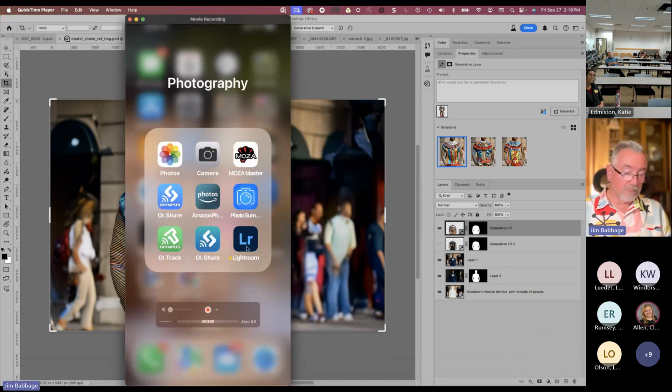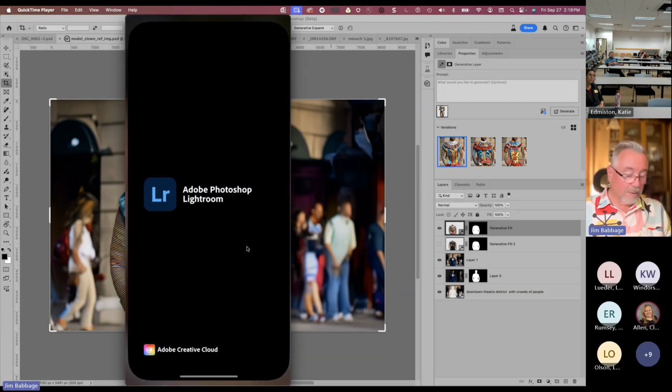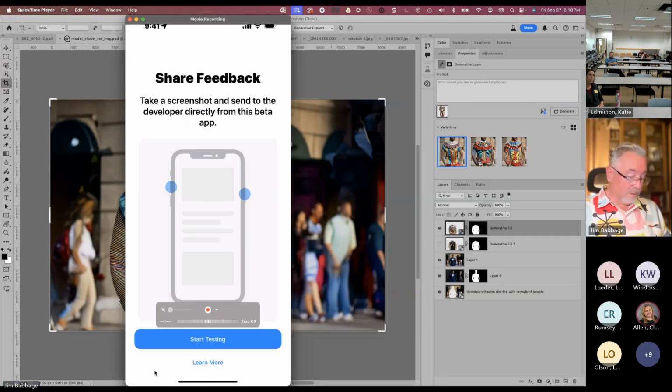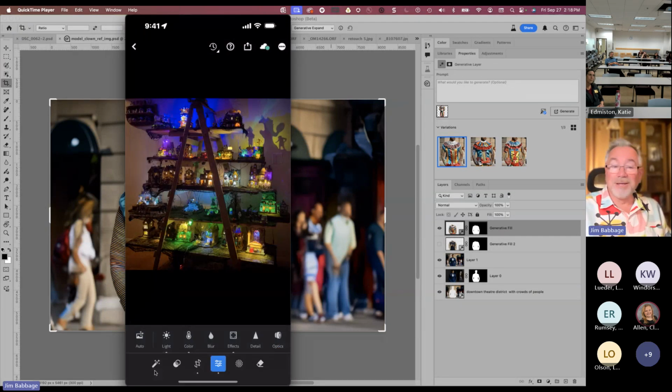There it is there. I have to remember not to touch my laptop screen when I do this. There's Lightroom down there in the bottom right. And it's going to launch essentially a brand new version, apparently, of Lightroom right on my phone. So I can do all those things I was doing in Camera Raw even before this image gets to my